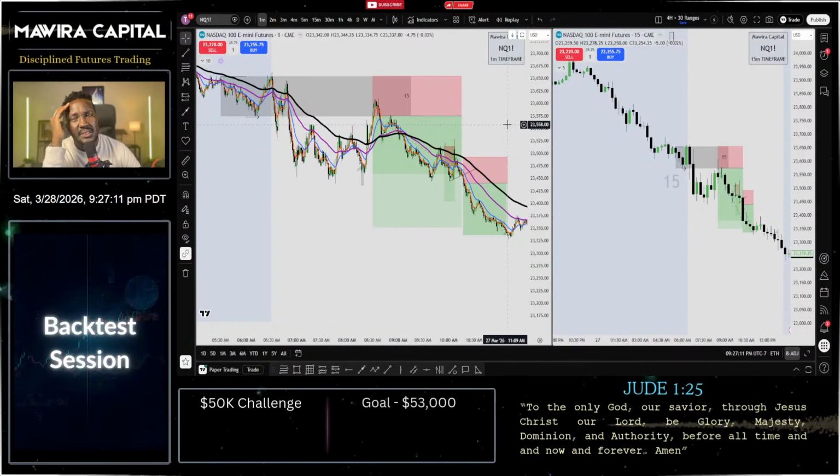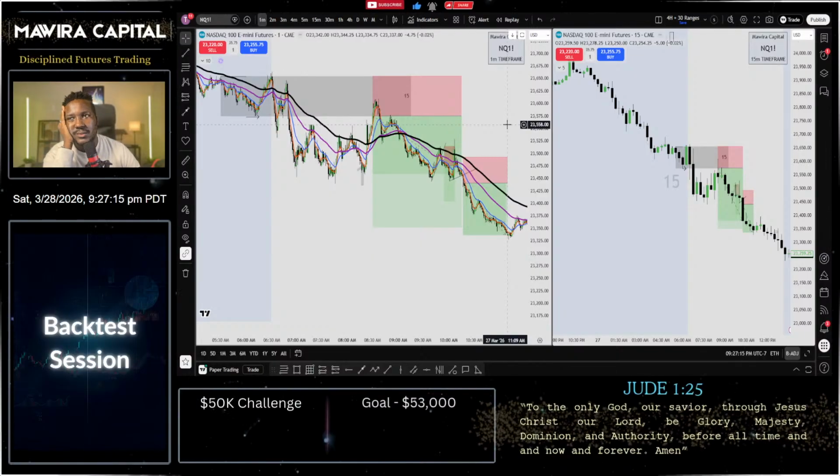Price action, liquidity, market structure. Okay. Like price action, like which style is it? ICT or